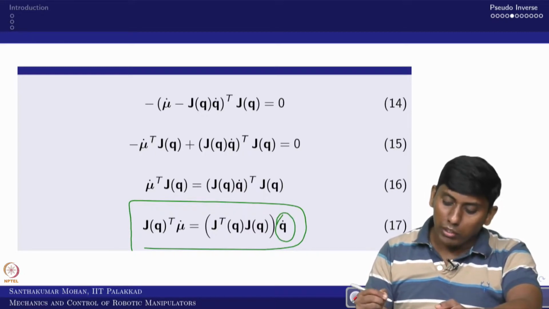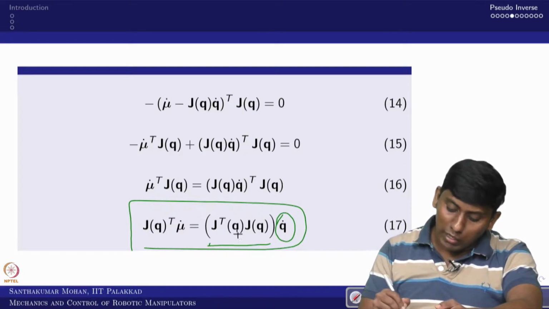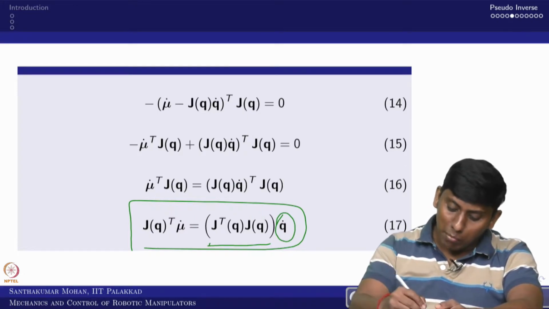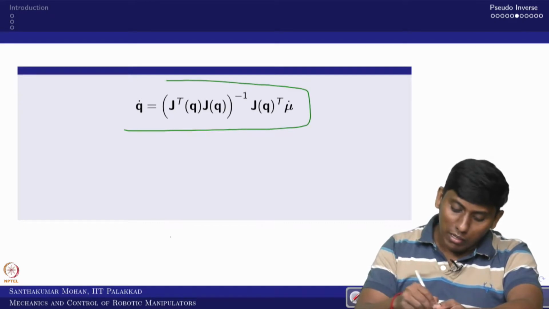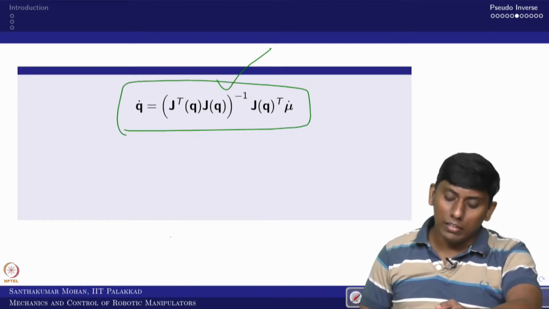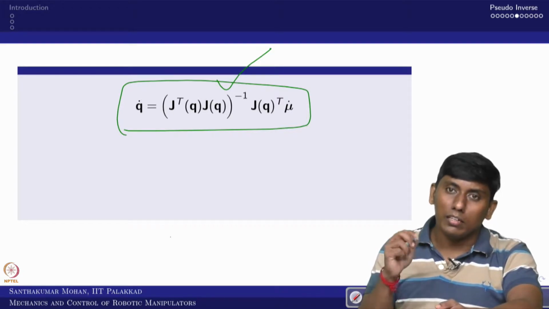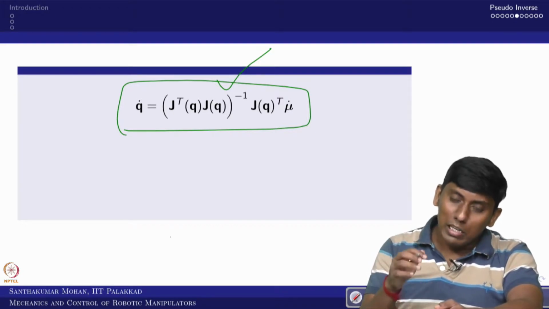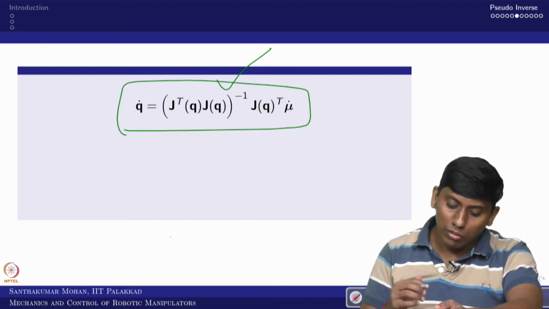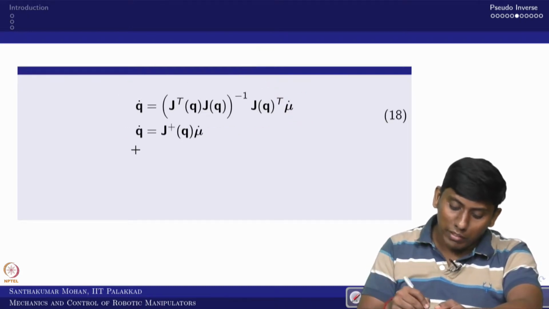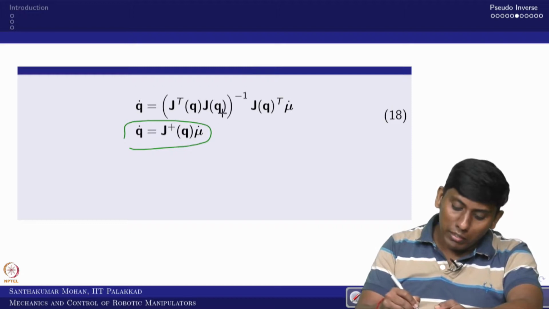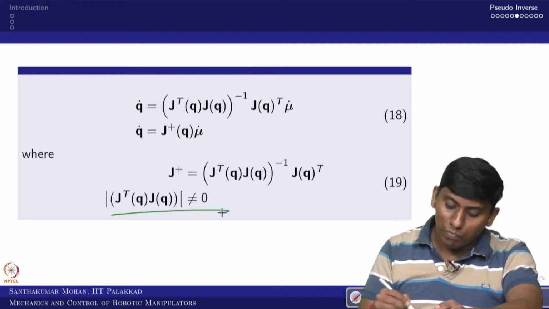Now you wanted q dot. So this whole matrix, you take the inverse and multiply with this. So this gives the left inverse, right. In this case, this is over specified, and theoretically it will give no solution, but it will come closer to the actual solution. That is what we call the pseudo inverse, provided this determinant is non-zero, right.